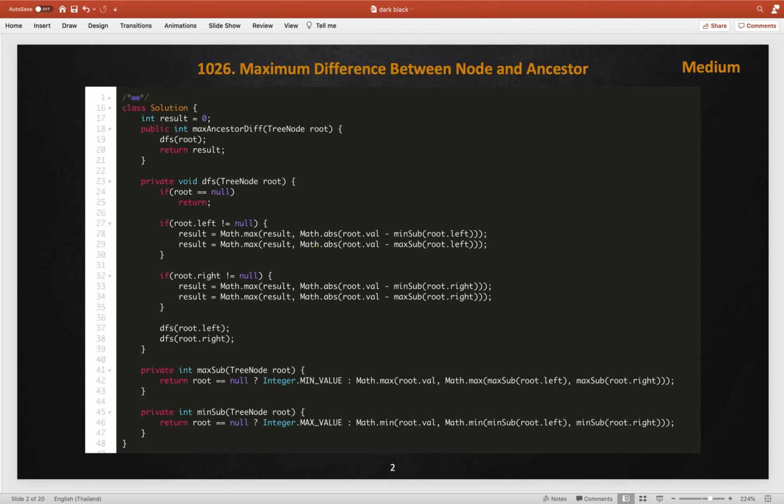So here is the code I have written down. I use two helper methods, the maximum of the subtree and the minimum of the subtree. If there is no node, in case of maximum we will return the minimum value, and in case of minimum we will return the maximum value. We will have three conditions. We need to compare and take the maximum of either the root.val itself, or the maximum from the left subtree and the right subtree. Similarly in case of minimum. So these are the two helper methods to get the minimum and maximum value.